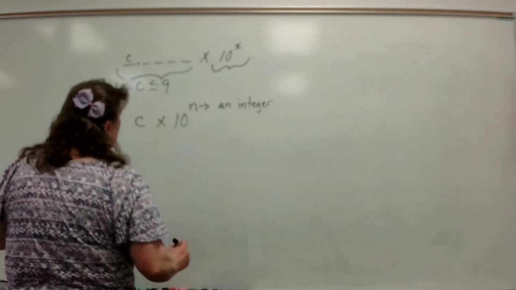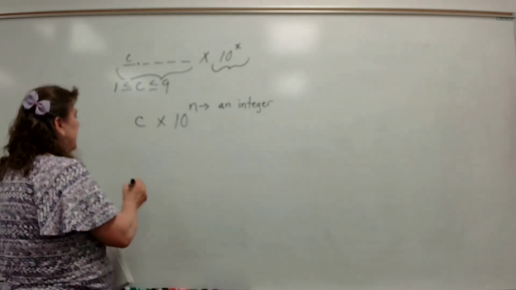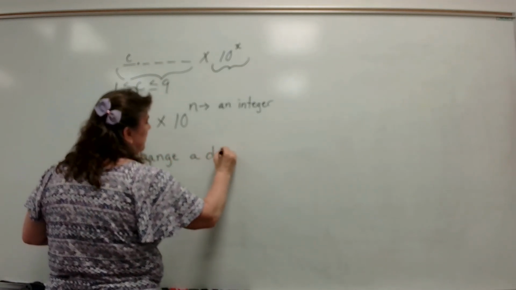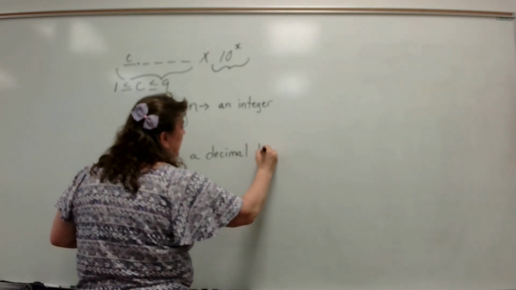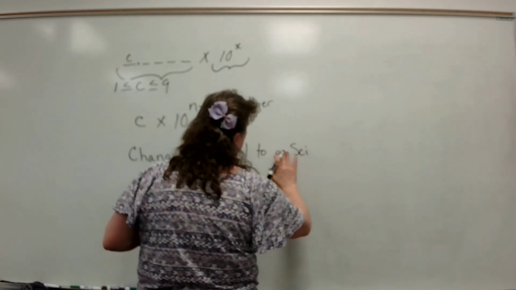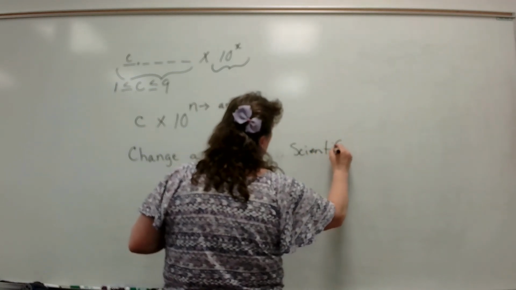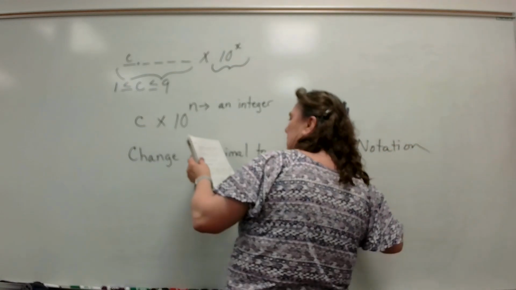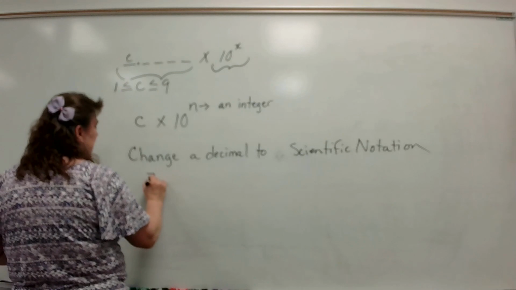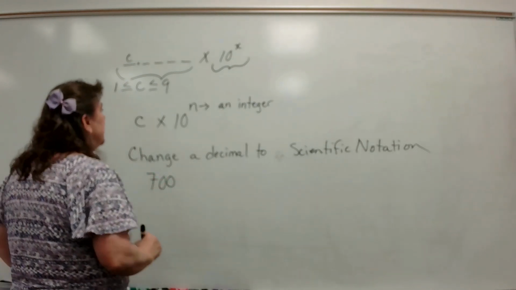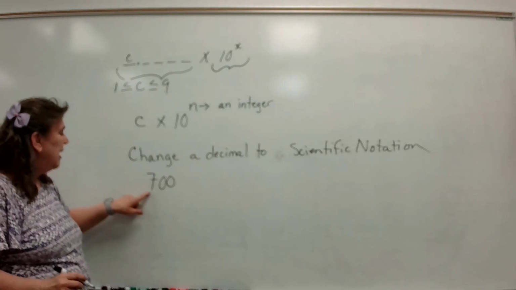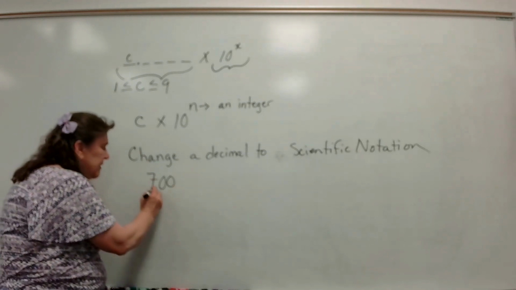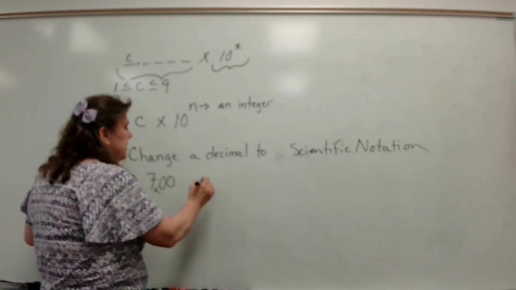So, when we first start doing scientific notation, first of all, we usually change a decimal number to scientific notation. So let's look at some of these. If I have 700 and I want to change that number to scientific notation, I have to have only one digit to the left of the decimal point. That means my decimal point has to go in here. So this would equal